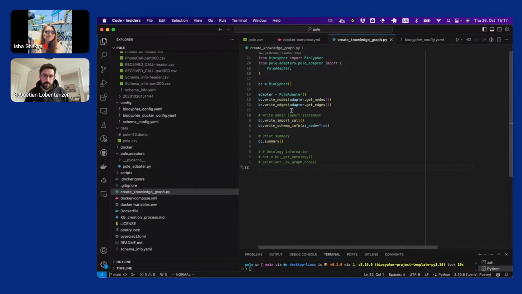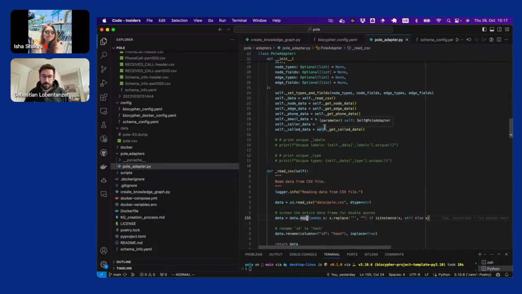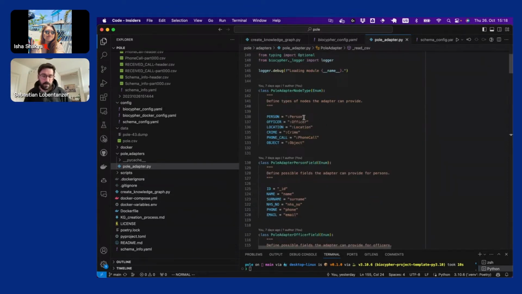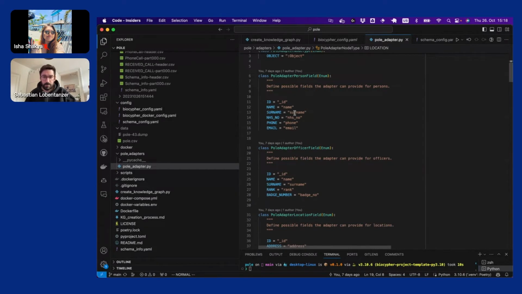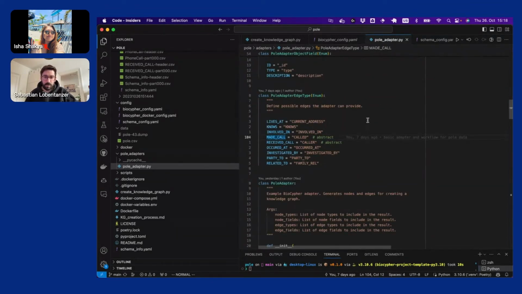And then lastly, what we need, of course, is that the adapter goes through the CSV file and adapts it to the BioCypher format. And for this, we do a simple configuration, which is kind of duplicated effort at the moment, and we're working on making this more streamlined, but it is very similar to defining a data model in the sense that we say we have different node types: persons, offices, locations, and so on. And then for all of these node types, maybe we also have particular fields, properties that we want to use, like name, surname, and so on. And we do the same for the edges. None of the edges that we actually use has a property, so it stops there.